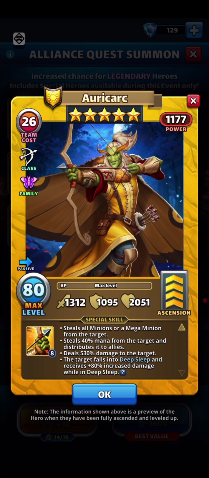And then the distribution of mana from the target to all allies, I would put this guy as an excellent part of an attack team. Put him with a couple of other holy heroes that charge at average speed. Get him to fire off and steal the necessary mana to get your other heroes charged up. The 530% damage to the target is humongous. It's a really solid snipe at fast speed, but alongside everything else that he's doing, it just makes him that much better. And then you can finish him off with the other heroes, because the target's in deep sleep,